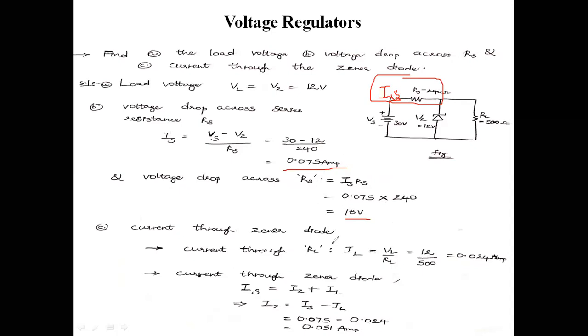Current through the Zener diode. Next one is current through the Zener diode. We need to calculate it. For that sake,